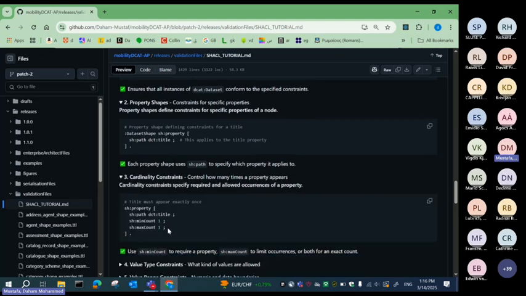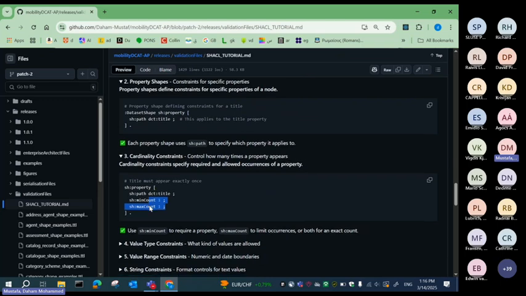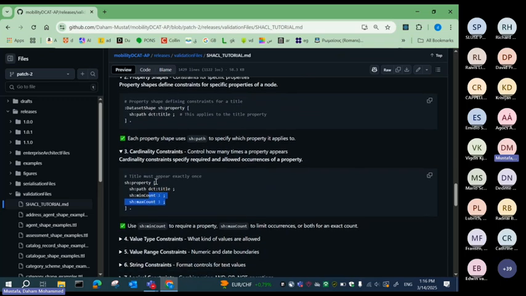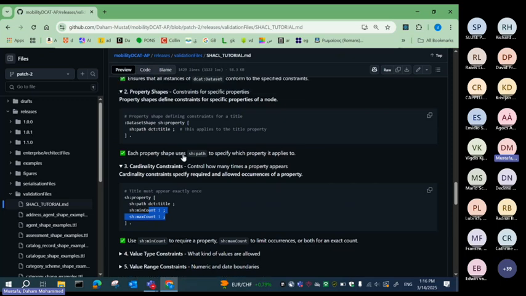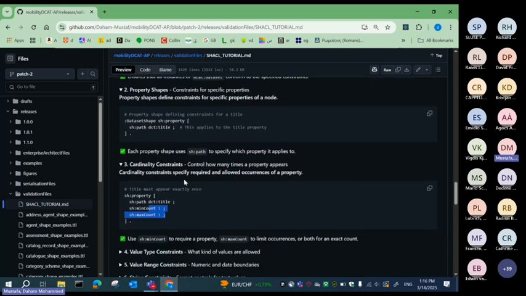For example, we can say that we want at least one property of DCAT, and at most one property from this one. And this is like a mandatory property. Whenever we are creating any instance of the class dataset, we should have at least one and at most one